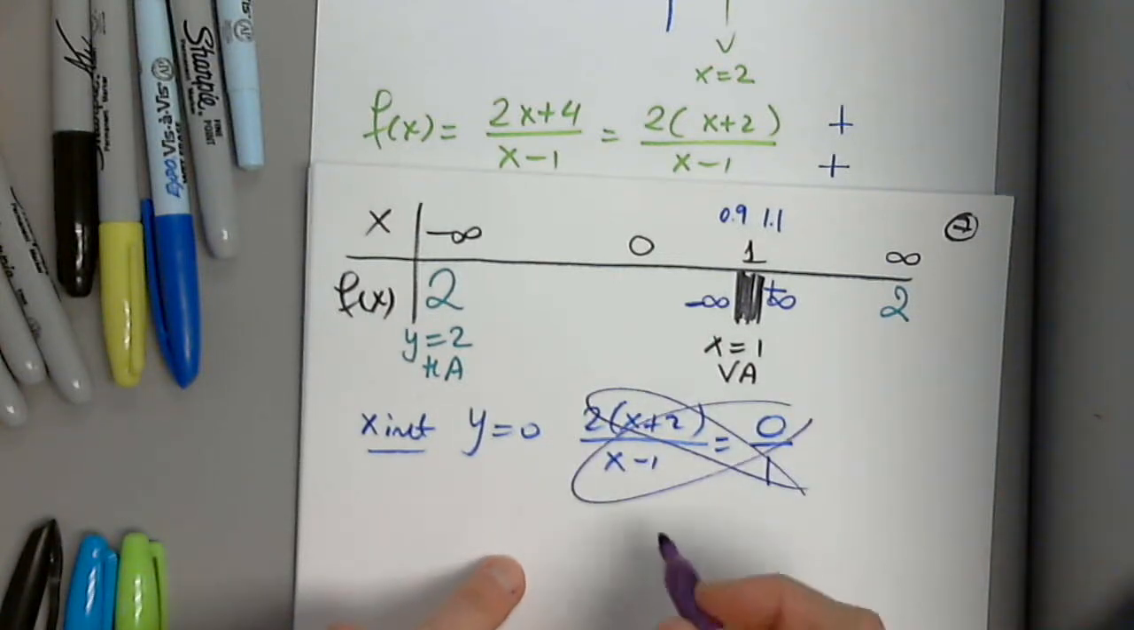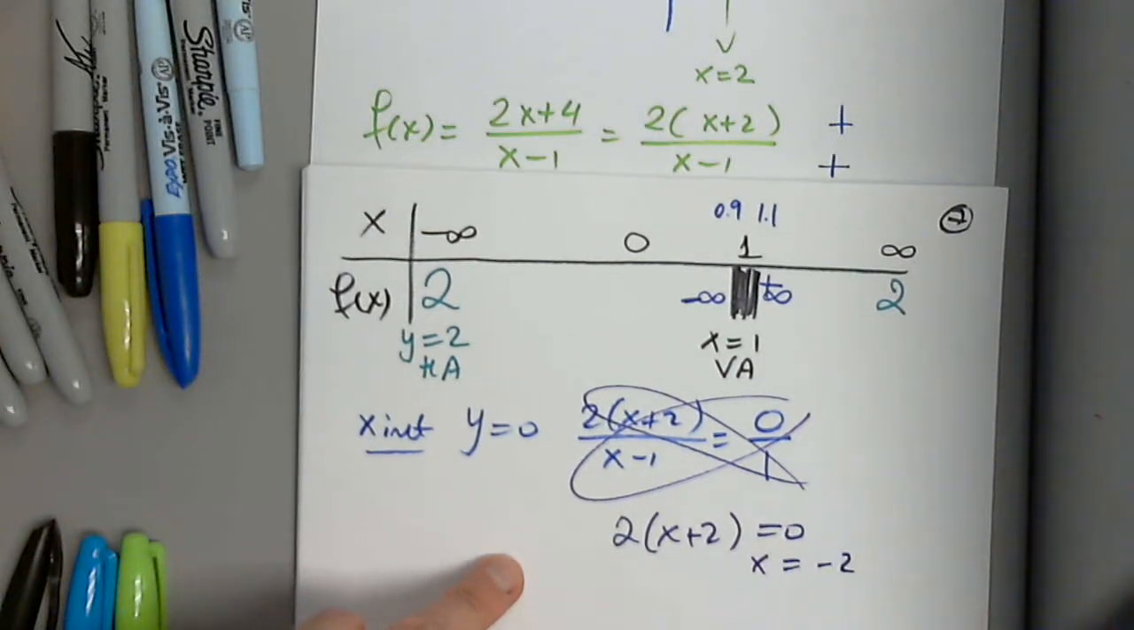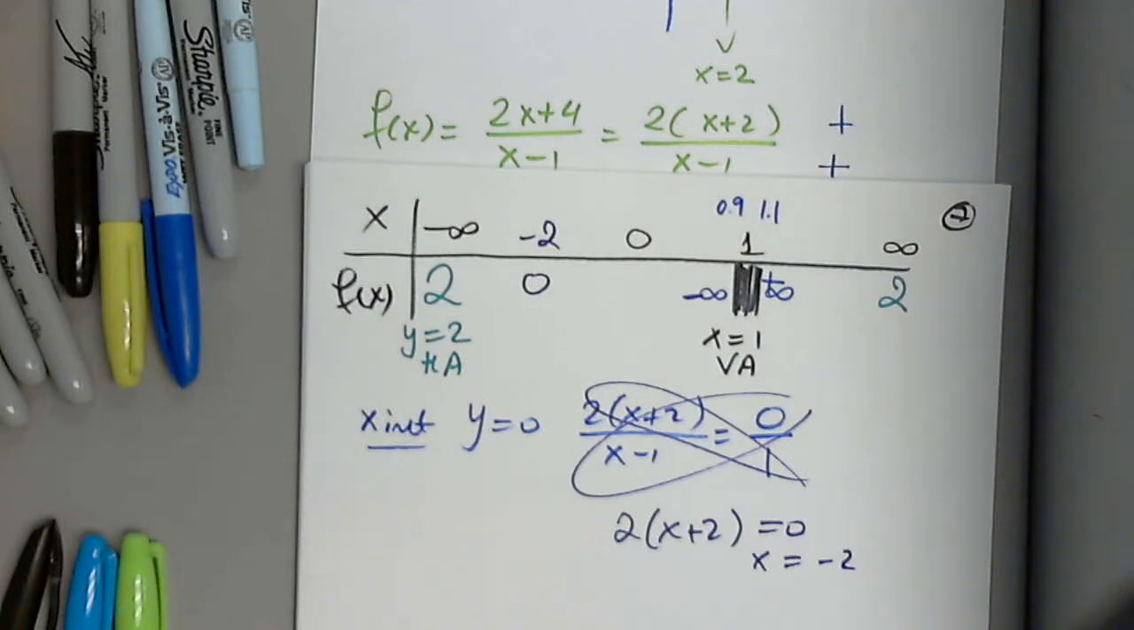Okay, we don't know, that's fine. 2 times x plus 2 equals 0, x equals -2. So -2, 0. Careful where you plug it in. So it's -2 is between -infinity and 0. Now I have to plug in 0 to find the what? When I plug in 0 for x, what do I find? The